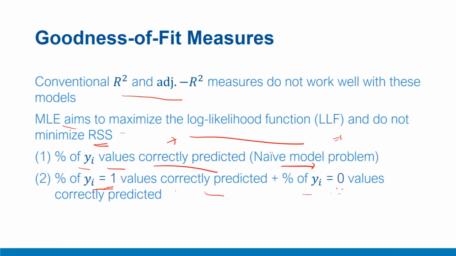Obviously, you can change the weights also. For example, if you feel that correctly predicting y equal to 1 is of more value, then you give it a higher weight rather than 0.5. You can give it 0.7 and so on, and then 0.3 to the other. Similarly, if you feel y equal to 0 is more desirable, then you give a higher weight to that one, maybe 0.7 or 0.8, and the remaining 1 minus w to this one. So if you assign 0.8 here, then 0.2 here, and so on, so that w1 plus w2, the weights, sum to 1.